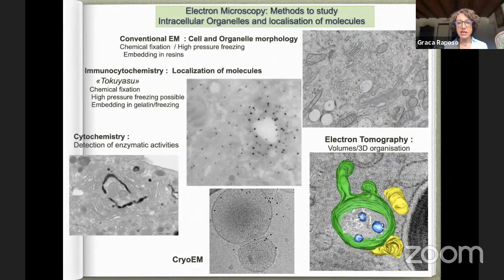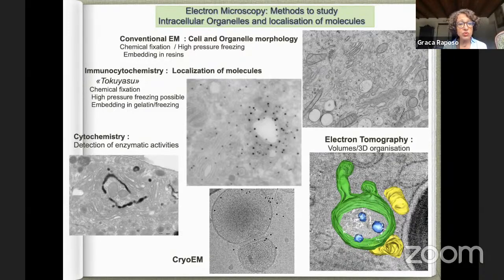So this is just a patchwork of these different techniques. So you have the conventional EM here. Somehow my arrow is not really working, so it's a little bit difficult. But you have the conventional EM, where you can appreciate here on the top, sorry, the Golgis, the different organelles, the mitochondria. In the center, you have an example of immunolocalization using two different types of gold particles with two different sizes. Again, you have a nice Golgi, you have an endosomal compartment.